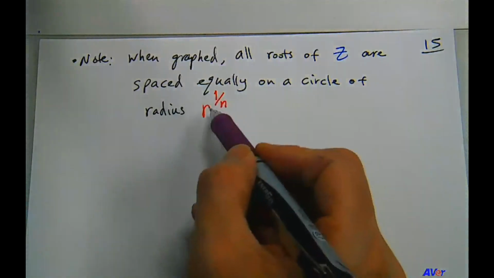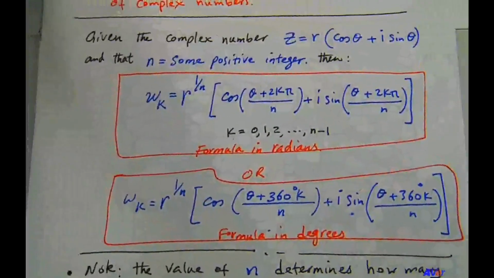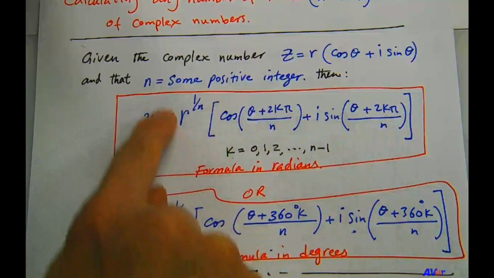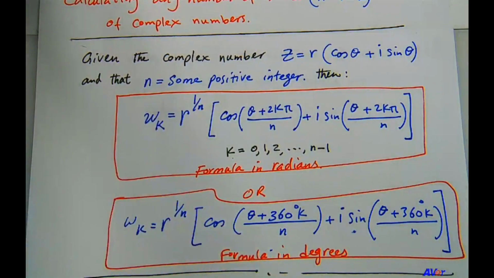So this is the radius. Let me bring back this formula. What you have outside of this bracket, r to the 1 over n power, is the radius